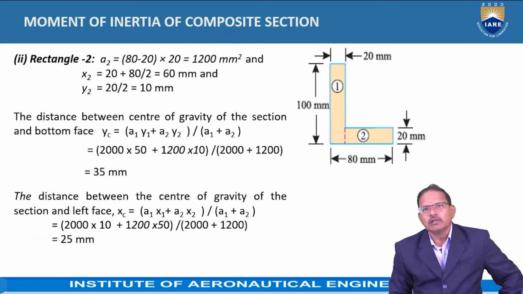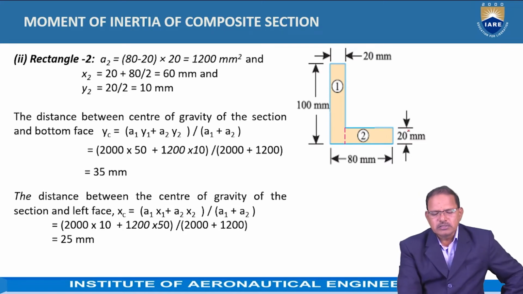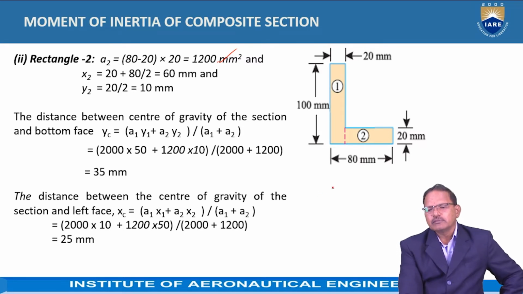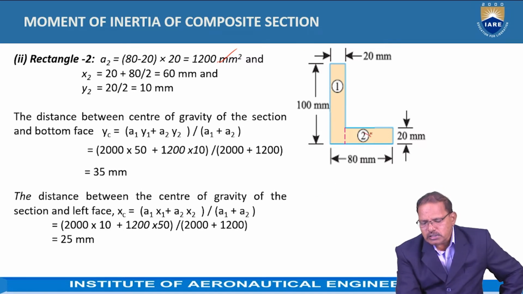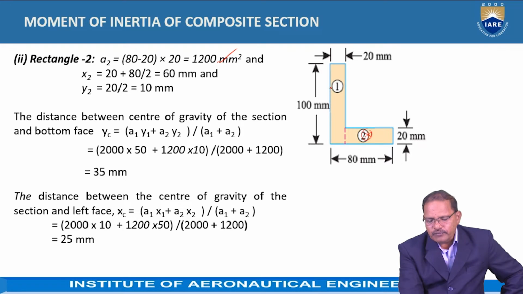Similarly, for section 2, the length of the rectangle is equal to 80 minus 20, which is 60 mm, and breadth, that is height, is equal to 20 mm, and area is equal to 60 into 20, which is equal to 1200 mm square. Now, x2, that is the position of the centroid. Here the centroid lies at the intersection of the diagonals, or half of the breadth and half of the height. Now, with respect to the